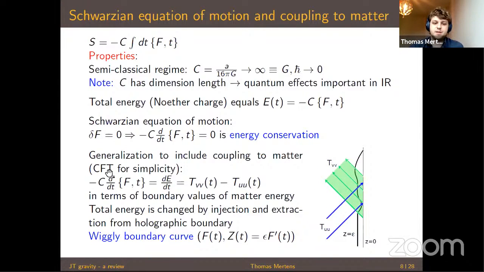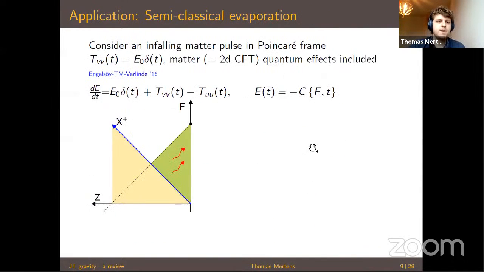For simplicity, I will consider my matter sectors to be a two-dimensional CFT. So this formula was already written, specified to a two-dimensional CFT. There are generalizations, but for the purposes of this talk, this will be sufficient for us. So now let's apply this Schwarzian